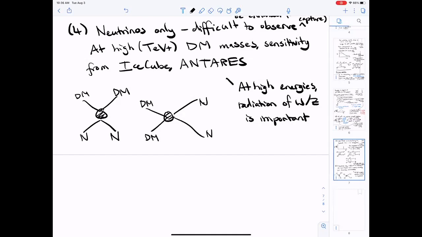There's also the possibility that, what if the annihilation or decay isn't straight to standard model particles? What if you go to some intermediate dark sector particles and then the dark sector particles decay to standard model particles? Again, the effect of that is usually just to somewhat broaden the spectrum, because the energy gets divided between the dark matter particles in a non-obvious way, and then when they decay to standard model particles, the energy of the standard model particles depends on the direction of the momentum vectors. There's an example worked out in the lecture notes if you want to go through it, but broadly speaking, the effect is usually just to broaden the spectrum somewhat.